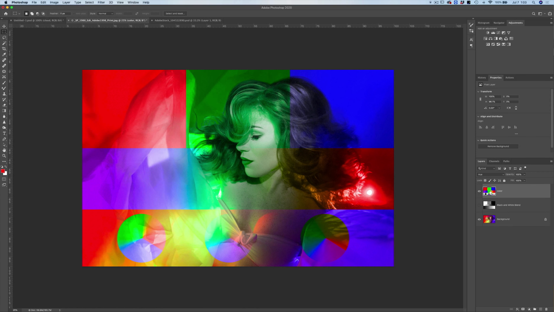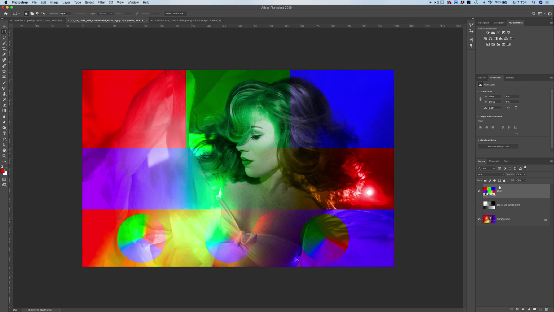So what that's going to do is it's basically going to colorize the underlying layer with whatever color is on the top layer. So if I turn the visibility on and off, you can see that we still see the entire image underneath, but this section is blue, this section is green, this section is red, this area is rainbow, and then I have my little rainbow circles as well for the medium color, the brighter colors, and the darker colors.